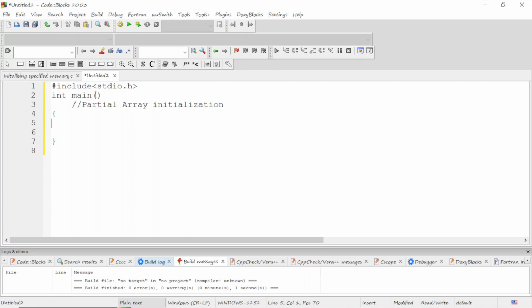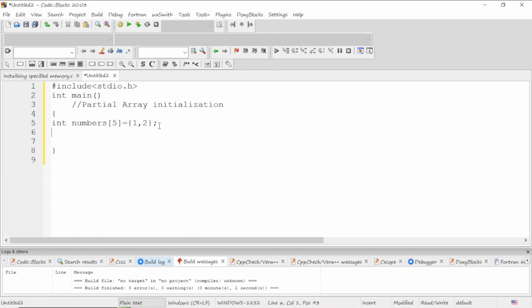So we take the data type as int. I'm taking the variable name as numbers. You can take anything else also. I am giving the size for the numbers, it will be 5, and I will give values only 1 and 2,